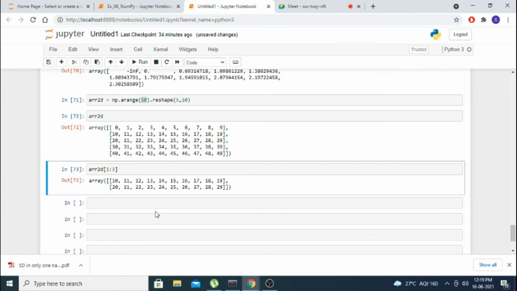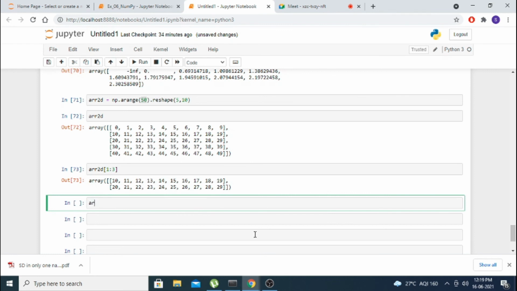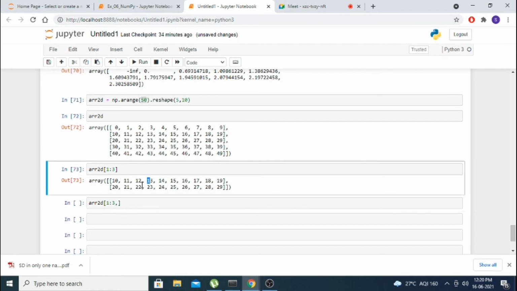Okay, ARR 2D. Now in this I want only 13, 14, 23, 24. ARR 2D 1:3 comma, it is 13, no, what is the beginning? 0, 1, 2, 3.